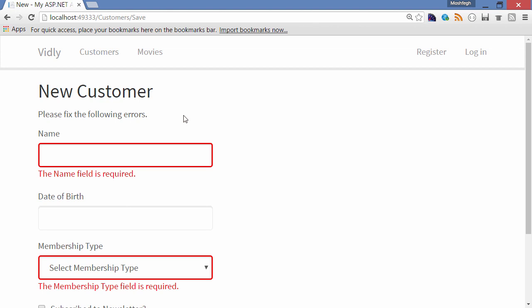Now, one more thing before we finish this lecture. In terms of usability, I'm not quite happy with the order of these fields. Because name and membership type are both required fields. But date of birth is optional unless the user selects a membership type other than pay as you go. So whether the date of birth is required or not is dependent on the value of membership type. And I believe it's more logical to put membership type first because this creates a better and more logical flow